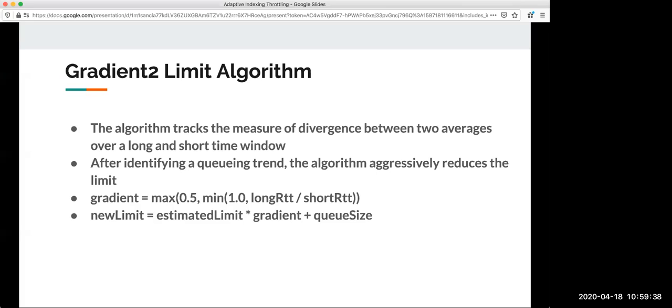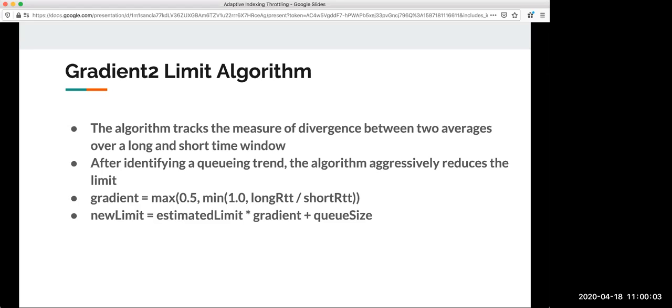Suppose the system is moving from a steady state to a load state. In that case, the small window will diverge from the long window, because the long window will increase very slowly. It will go from, suppose, 500 to 510, 520, whereas the small window will go from 500 to 600, say 700, 800.